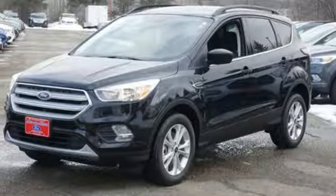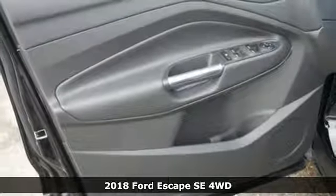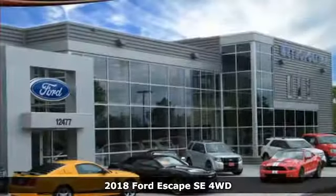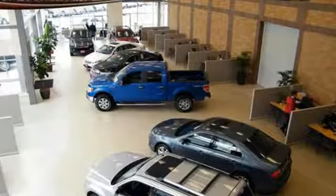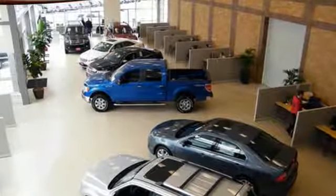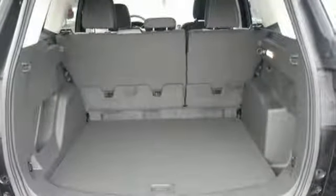Here's a 2018 Ford Escape. Re-established style and more capability than ever before. It has standard LED tail lamps, a bold hood and grille, giving it an athletic exterior that's ready for the challenges of the road. All-weather floor mats and a cargo mat help to keep the interior crisp, while curve control,